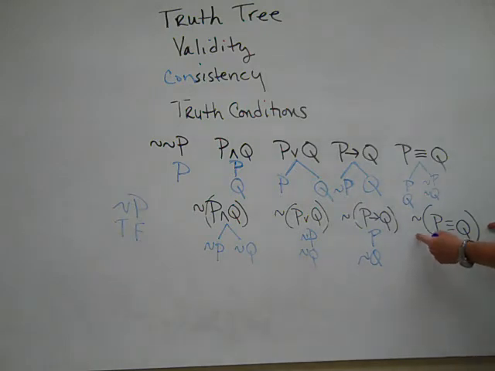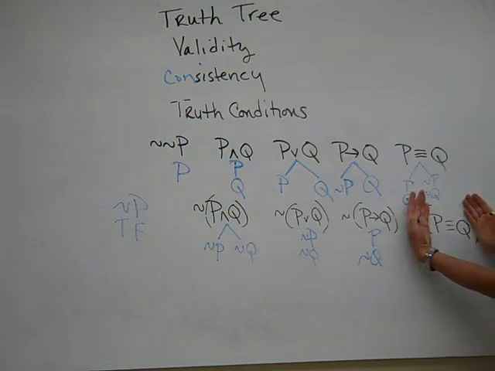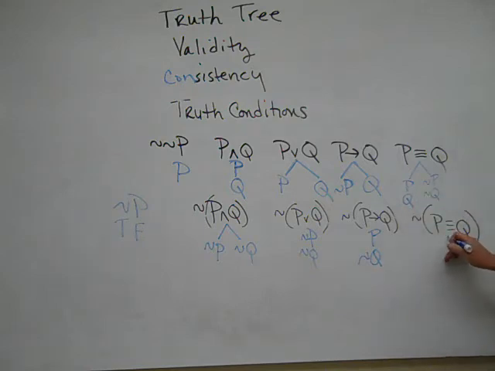Finally, under what conditions will the biconditional be false? Under what conditions will this whole statement, the negated biconditional, be true? Well, we know, again, the biconditional is the odd bird. This whole statement will be true when the biconditional itself is false. And a biconditional is false when its constitutive statements have opposing truth values. So this will be false when either P is true and Q is false, or when P is false and